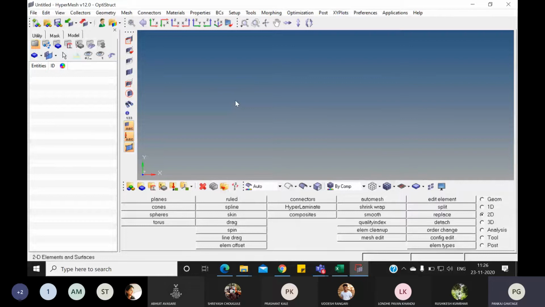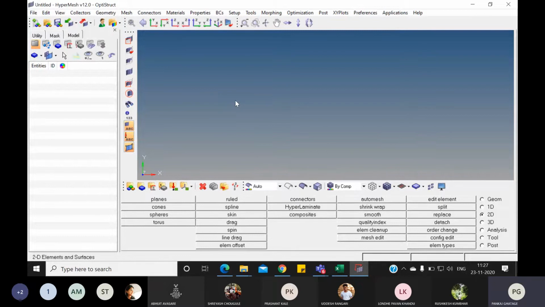Before meshing, we will learn how to import the file. Suppose your modeling file, how we can import it into the software, and how we can save it or export it into the different extension. That exercise we are going to learn today. And after that, when we import any modeling file, maybe from CATIA or maybe from ProE, into this particular meshing software,